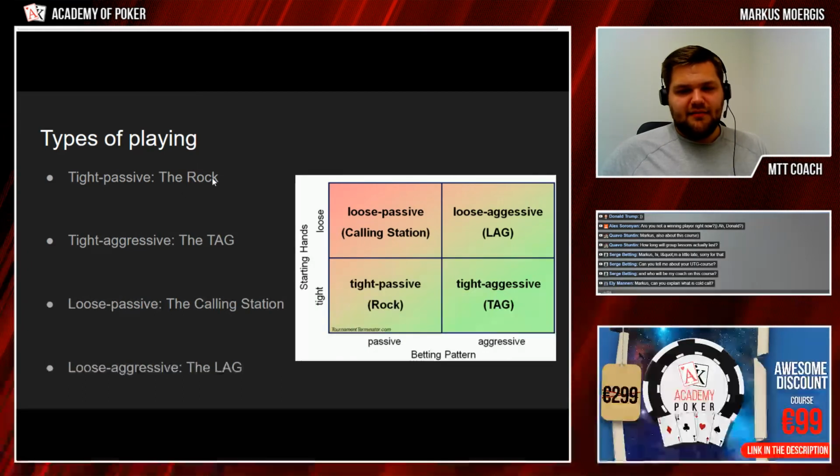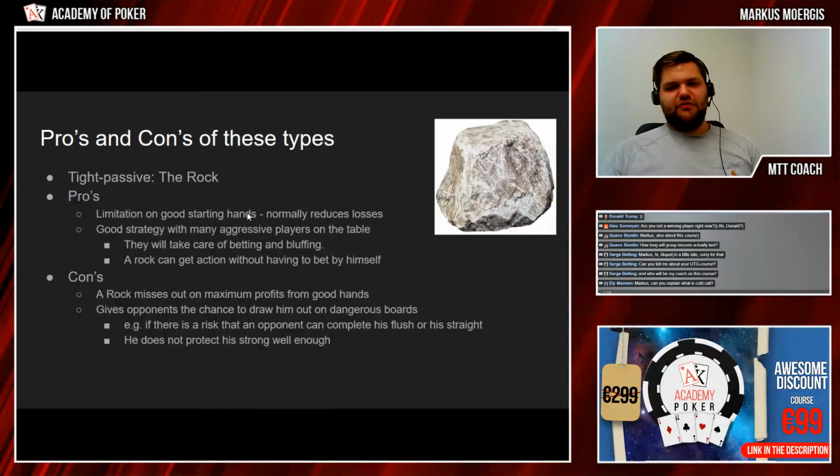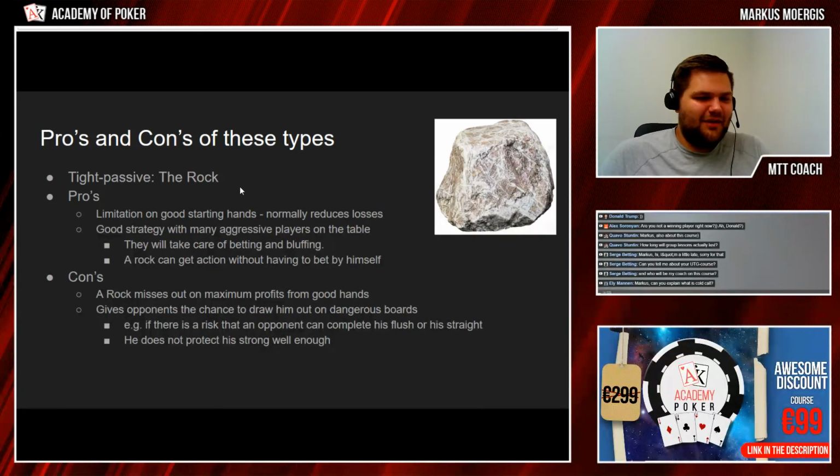And yeah, as said, those are the four different types of playing. And now I will just go through them and tell you about the types and the pros and the cons. So as the rock, I think you can get the picture of what the rock means. He's really solid. He doesn't move a lot, so he's not that active. And as you see, the pros of him,